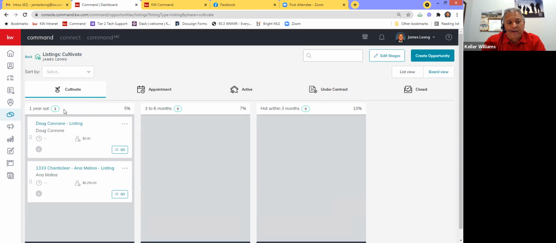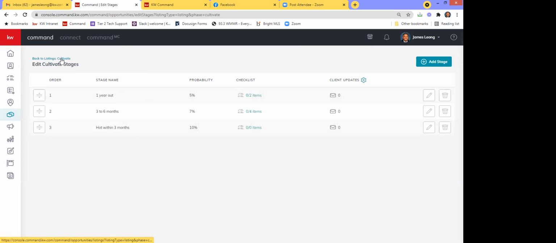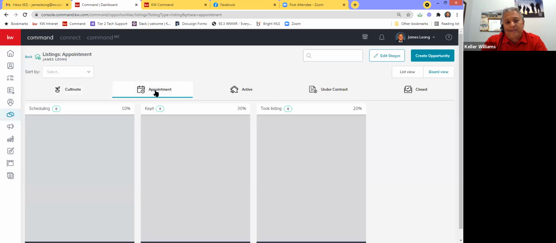Because I changed this well over a year ago. I forget what this actually says in the cultivate section. I think it says warm, hot, cold, or I think they have like colored names or something like that. I changed this because this was a better representation of what I wanted my stages to be. So when I came into edit stages, I changed this to people that I'm cultivating that are a year out, people that are 3 to 6 months out, people that are hot within 3 months, right? Okay. Now, once I did that, if I go to my appointment phase,